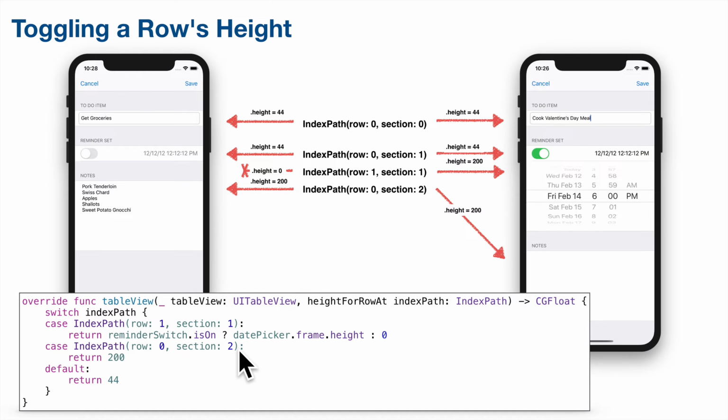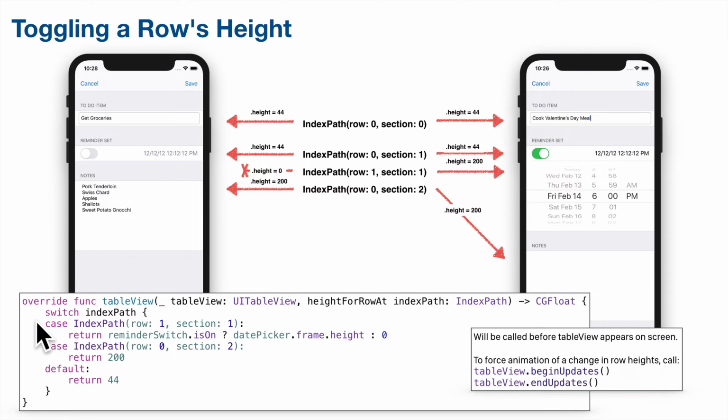Well, down here, if the indexPath.row is section 2, row 0, that's the one with a note. That one ought to have a height of 200. Everything else is the standard height of 44. That's this row here, and that's this row here. We'll eventually set up constants for the index paths and for 200 and 44, which is better practice than hard coding the literal values in here. We've used a switch case statement for each of the cases that we're going to consider,